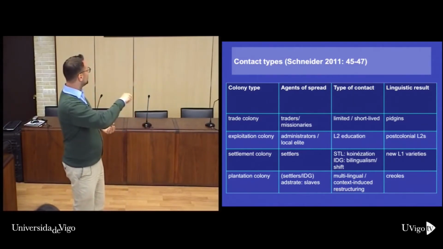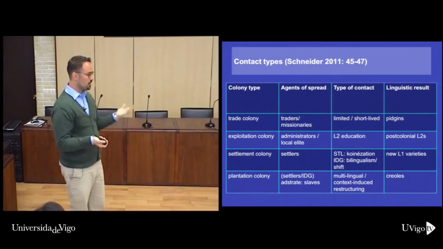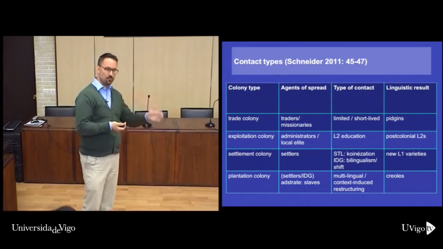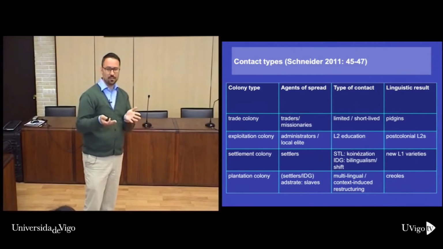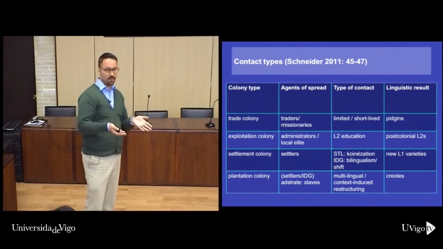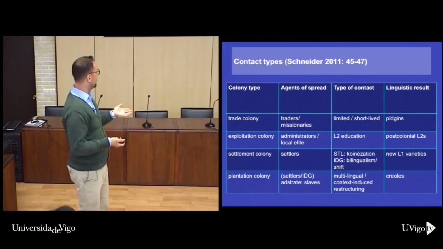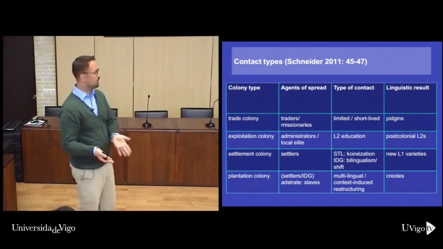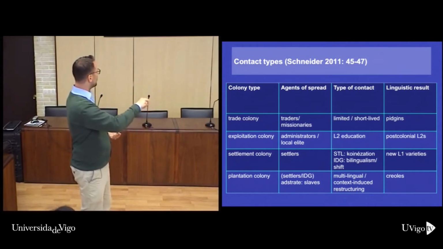And with the indigenous group, because the settlers come in such large numbers and take over the country, you first get bilingualism. Okay? It becomes important to also speak English, not just as a formal second language as in Kenya, but as a language of daily interaction, and very often shift. So Australian English, many of the native indigenous people shifted to English as a first language. So we get new first language varieties.